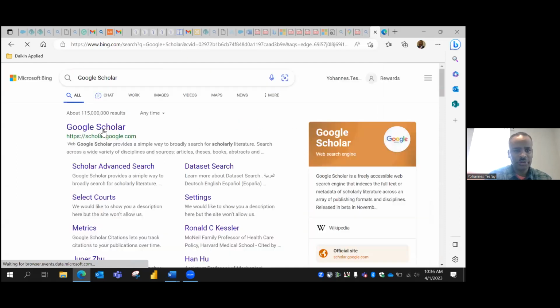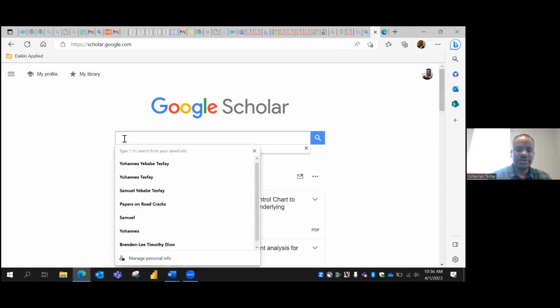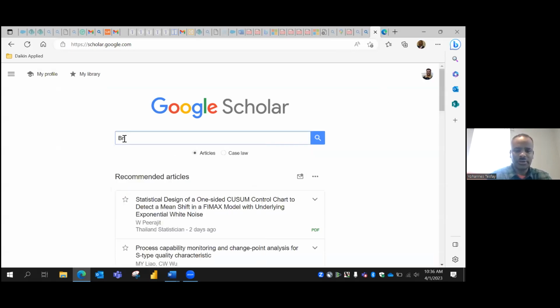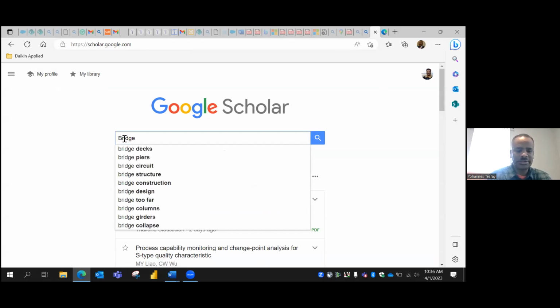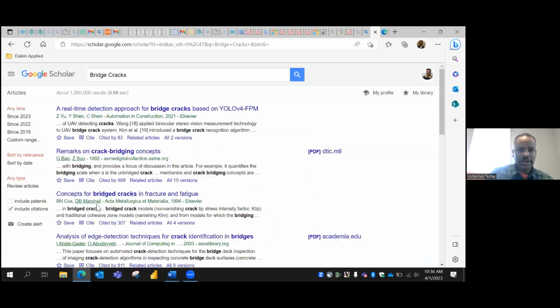Here is Google Scholar, and here you read. There are a number of papers you find on Google Scholar. The advantage is it's going to give you a lot of papers, compared to